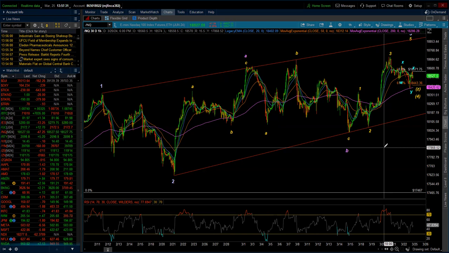25th, 2024. Interesting day again, in that the market did at some point appear to have dropped down and likely completed what I was looking for, a small fourth wave, and then started to rally, but then got sold off a little bit hard in that last half hour before the bell. And so